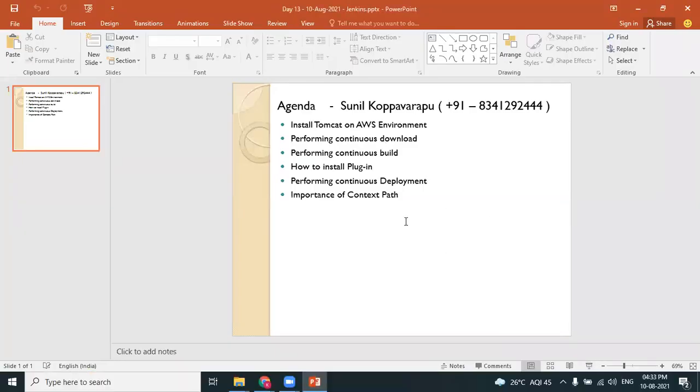So this is our plan for today's session. We have understood the CI/CD process, and today we'll be jumping into the practicals of CI/CD. Before jumping into practicals,